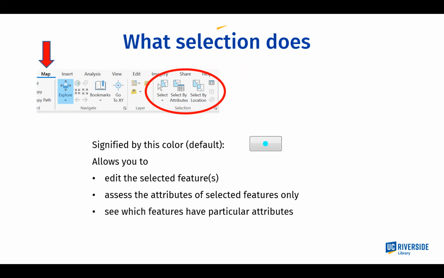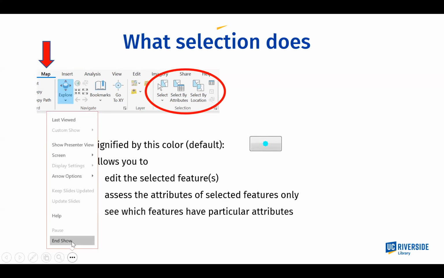You can assess the attributes of the selected features only, or you can see which features have particular attributes. And we're going to take a look at how all that works. So if we're lucky, I am now going to stop sharing my slides and get over to